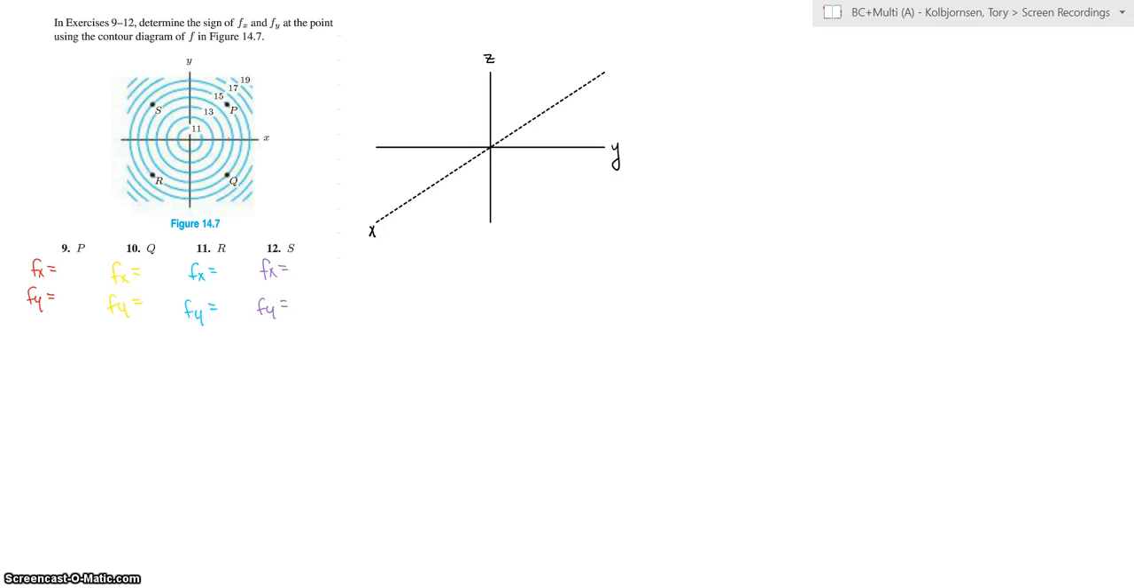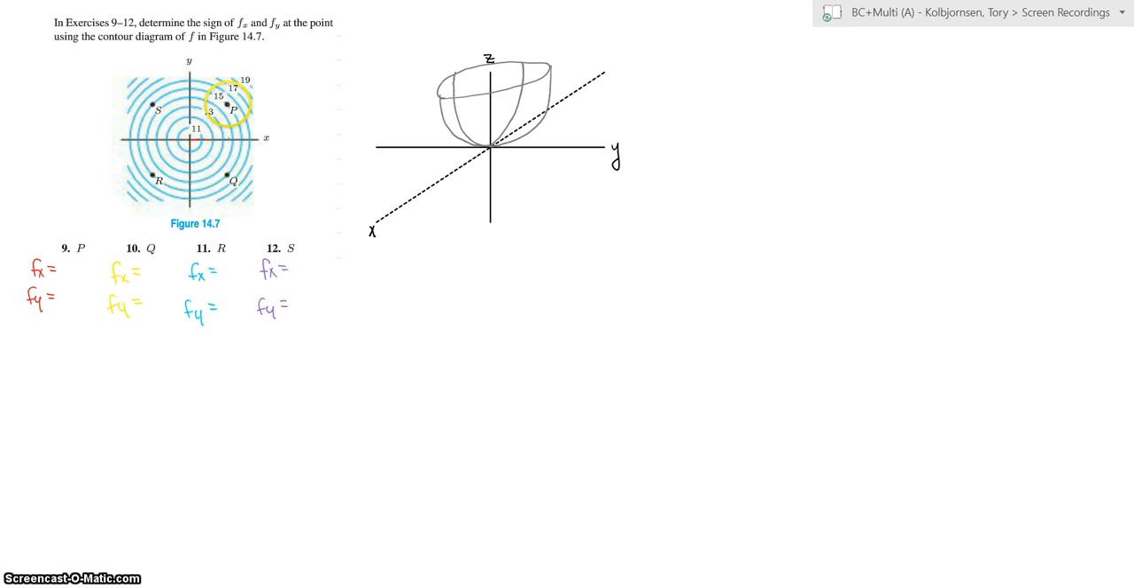These are problems 9, 10, 11, and 12 from section 14.1. It is asking us to determine the sign of fx and fy at the given points using this contour diagram, which if we draw it in 3-space, we get a bowl-type shape because the radius of these circles increases as z gets bigger. So first off, let's plot the points, or give an estimate of where they are in the